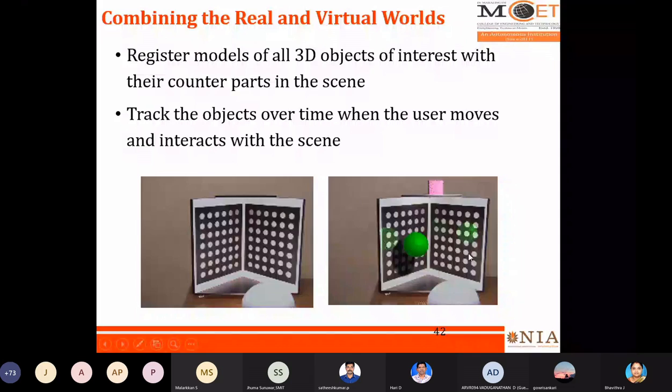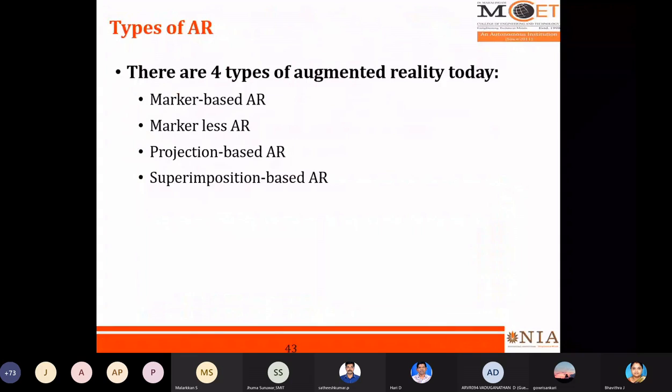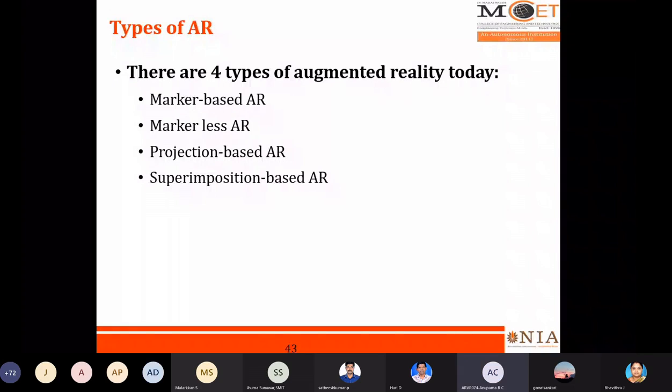We are moving on to the types of augmented reality. There are 4 types of augmented reality available today. The first one is marker based augmented reality, the second one is markerless augmented reality, and the third one is